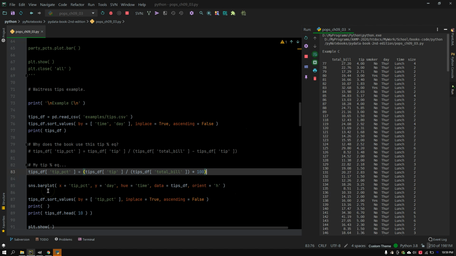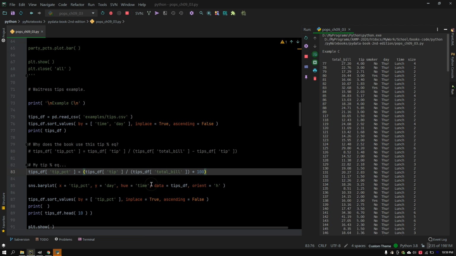It is a bar plot with the percentage on the X. Y is going to be the day. Hue gives us a color differentiation between the Y's, and the data comes from